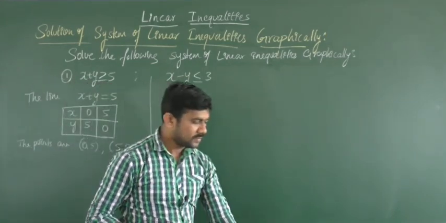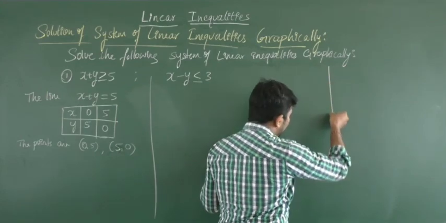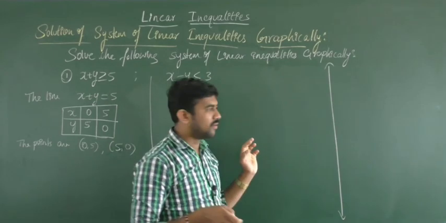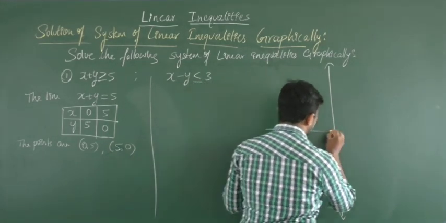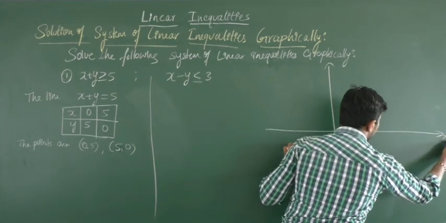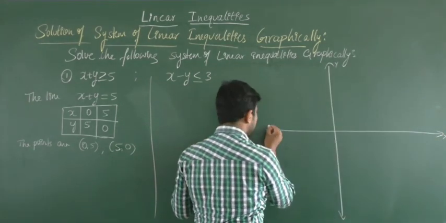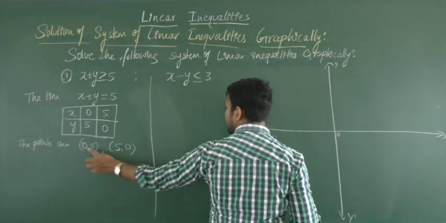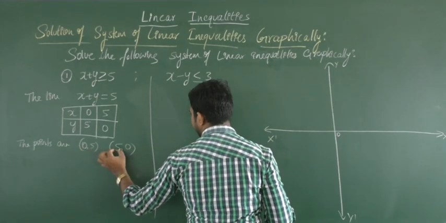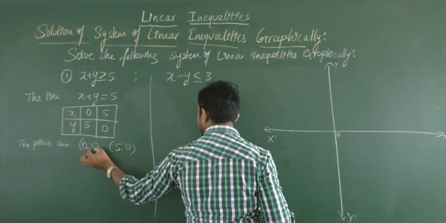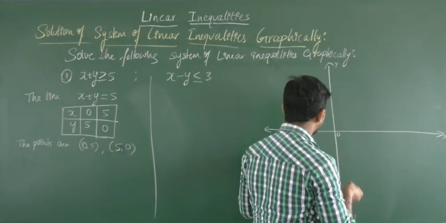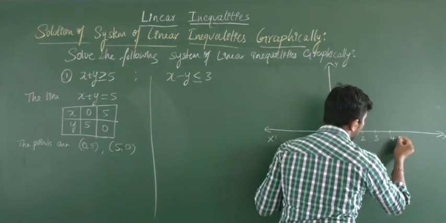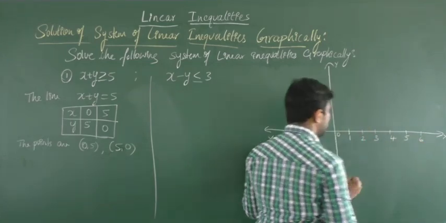After that, we'll see the graph, to mark these points on the plane. For that I'll consider a Cartesian plane containing the x-axis and y-axis. This is X', Y', and the origin, right? So in the x-axis I need at least 5 points, and similarly in the y-axis I need at least 5 points. So I'll consider here 1, 2, 3, 4, 5, and like this, 6. Take the scale.